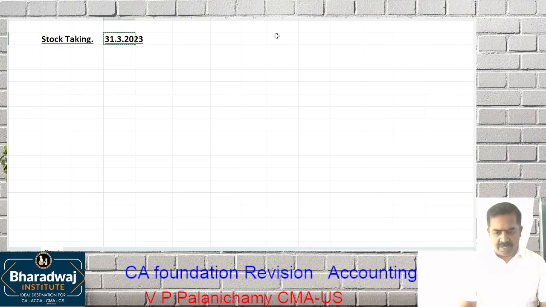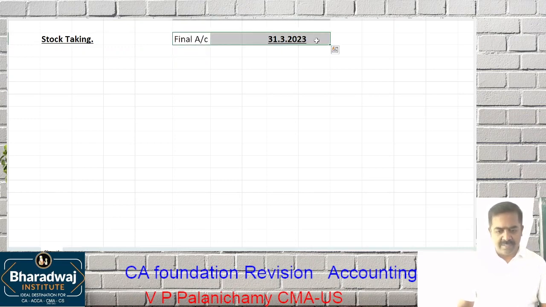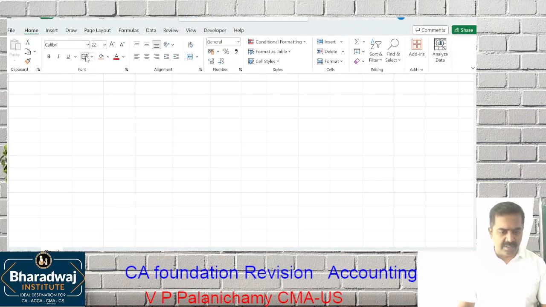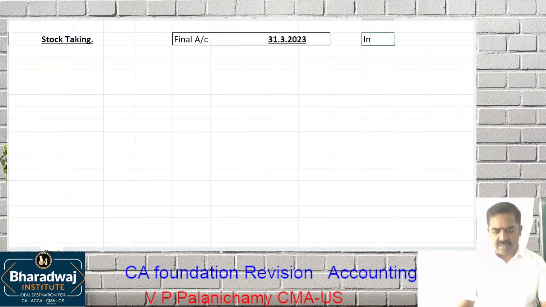Let's assume we are preparing final accounts on 31st March 2013, and we want the inventory on this date. What do you mean by inventory? Stock on 31st March. Let us assume 31st March is a working day. Can you close your business and take the stock on that day? No. Let's assume we are taking the stock